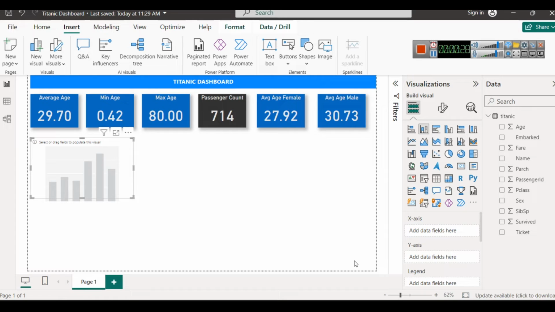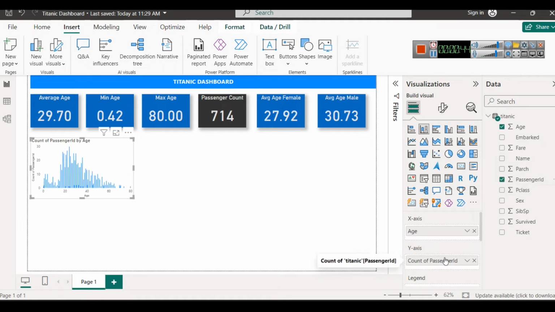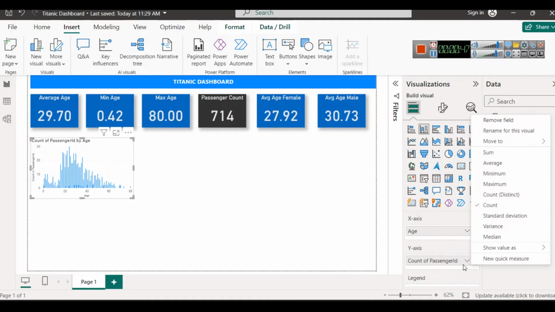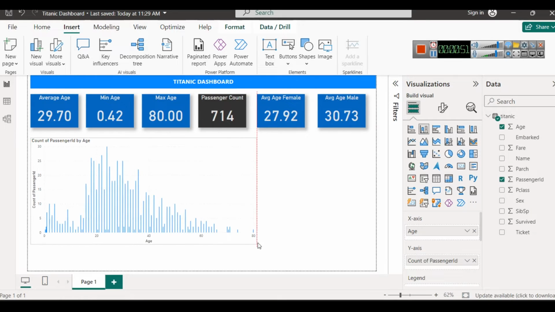So first we will just try to find out age and number of passengers. For that, what you just have to do is drag age into the x-axis, and in the y-axis just drag passenger ID, count of distinct passenger ID. So here we have a simple graph which you can see here, and it is showing us in every age how many passengers are there. Okay,